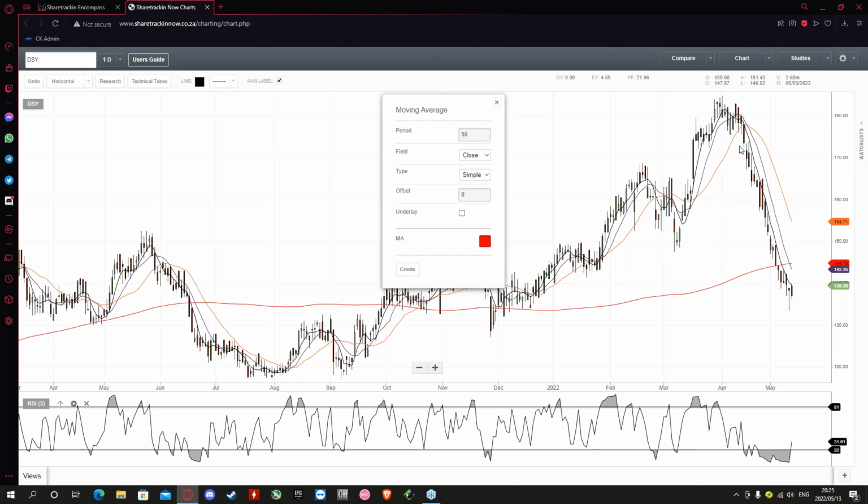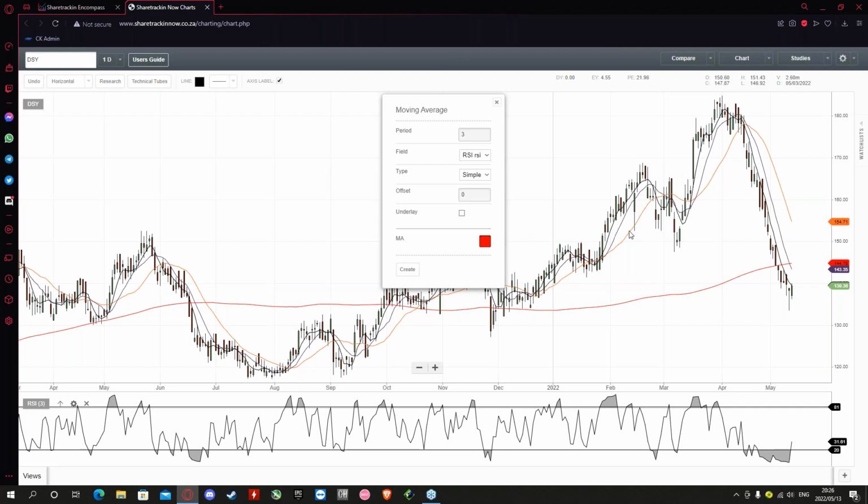Like all these three moving averages that we've got on the main chart. We're going to change the period to 3, go to field, and set it on the RSI. So remember, the close field is your main chart. The RSI is the chart at the bottom here. Okay, then change the type to exponential. So simple moving average would be a